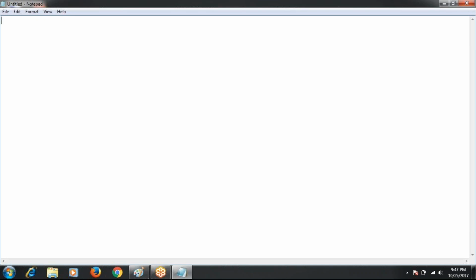And what is the use of secondary name node? In case name node goes down or fails, secondary name node acts as a backup. The meta files, edit log and fs image, are copied into the secondary name node, but it will not perform any other task. Name node maintains the metadata in the form of edit log and fs image, and each and every meta file will be copied into secondary name node. So if the name node goes down or fails, we can use the secondary name node as a backup for the name node, right?